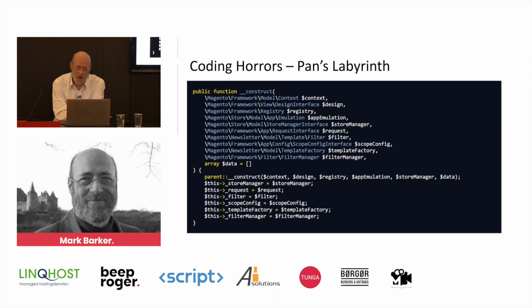Magento is actually famous for the sheer number of arguments that you need to pass to constructors. And in many cases, it doesn't even have default values for them. So with modern PHP, we can't even use named arguments for the ones we want that aren't default values. We have to pass every argument. This isn't a worst case. This is just the worst I could find that actually fitted on a display slide. The worst I have found is